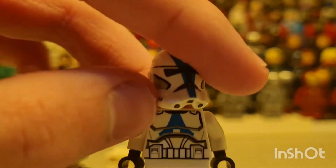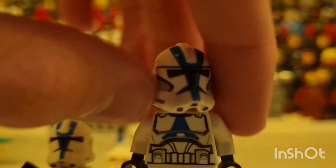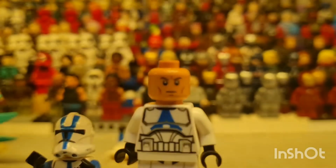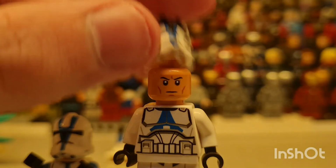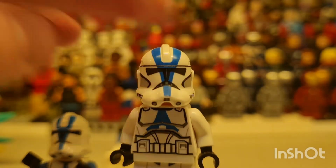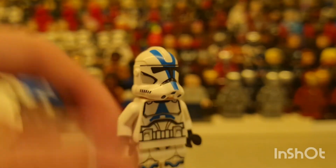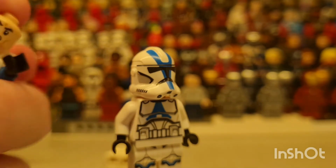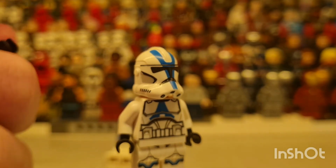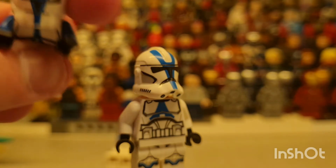And I remember wanting this set for ages and not being able to get my hands on it. And then when I got my hands on it, it was worth it. And I love the new face. The new face is a lot better than the angry clone. Does this one have the angry clone? I don't know if I put on the angry clone. So, yep, he's the angry clone. But yeah, anyway. Now on to the